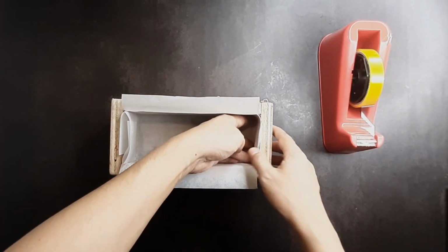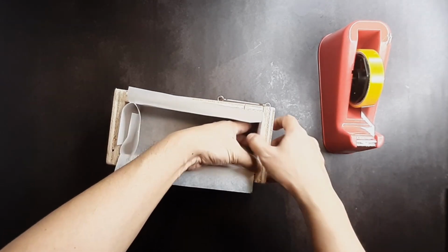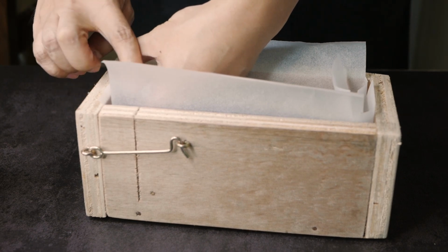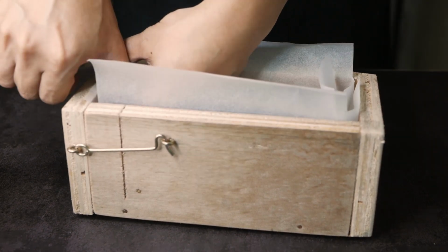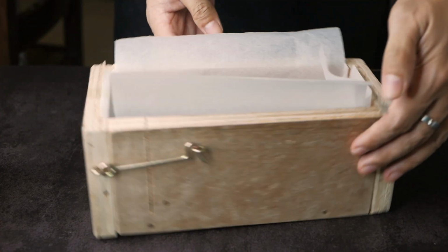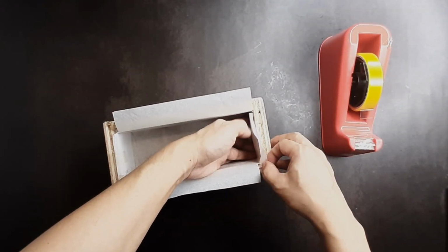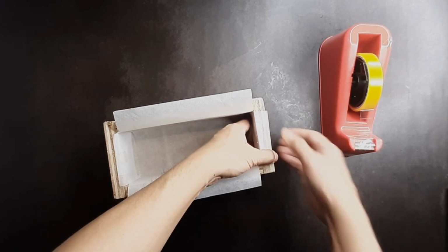Make sure you push the corners of the baking sheet to the corners of the soap mold. And as you can see here, you can have those flaps longer, so it goes over the mold, but this works as well. Okay, so let's turn it around, and the same with the other side. Push those corners so they're nice and tight, and then